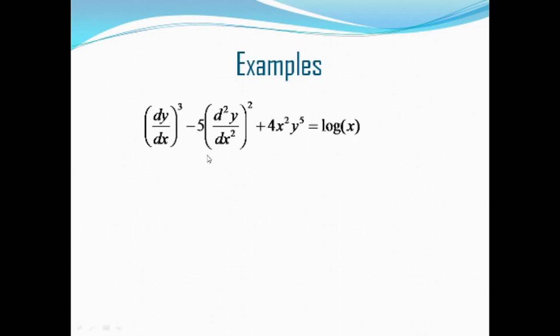Now we'll take the next example. Here we have two derivatives, dy by dx and d2y by dx square. So generally students get confused that here the power of dy by dx is 3 and the power of d2y by dx square is 2. So should we take the order as per the power of this derivative? No, this is not the case. This case will arise under the topic of degree that we'll take in the next video.